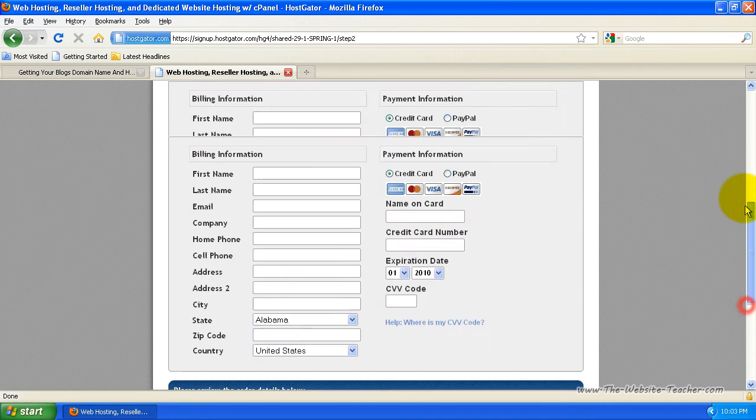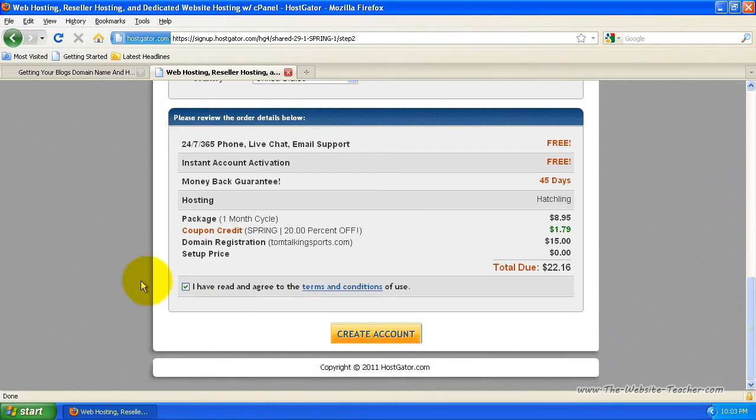So once you've completed this page and you've entered all your details, just tick this box here, or make sure it's ticked. Usually it's ticked already, but just make sure that's ticked and then click create account. Now I'm not going to actually click create account because I don't want to create this account, but once you click create account, you receive an instant email thanking you for signing up and telling you that it can take up to 20 minutes for your account to be set up